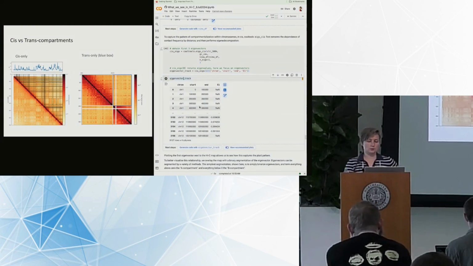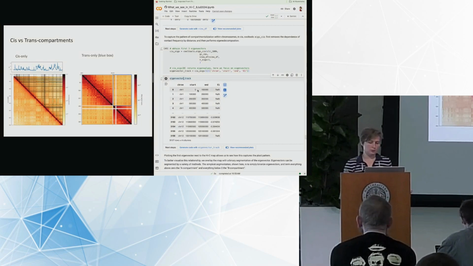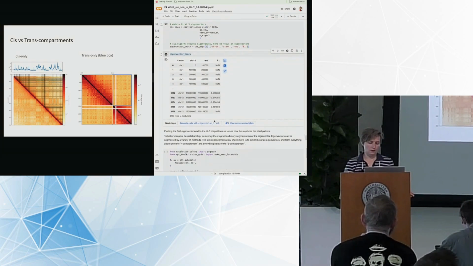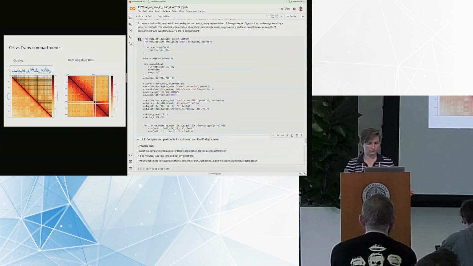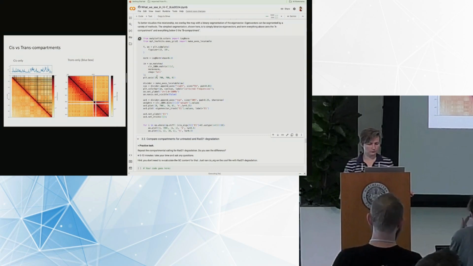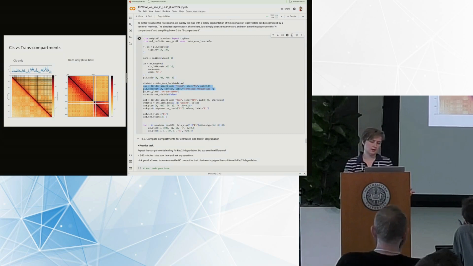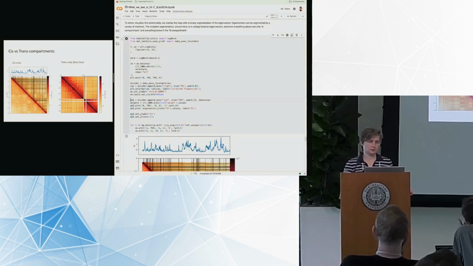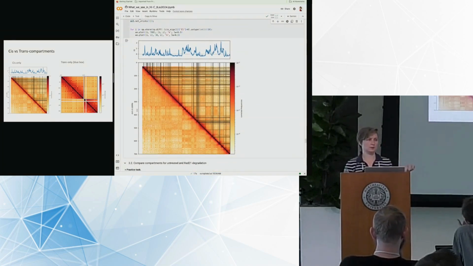So this is the output of cis eigenvector decomposition. For each bin in the genome, we have now the E1 value, the first eigenvector value. Let's try to visualize it. Here I will take one particular region of the first chromosome, and this code plots for you the matrix and also adds some nice features to the plot